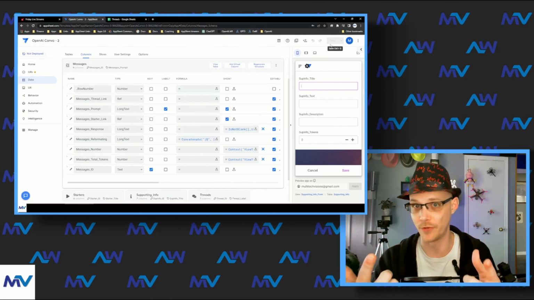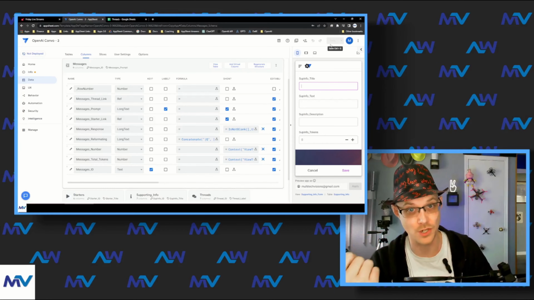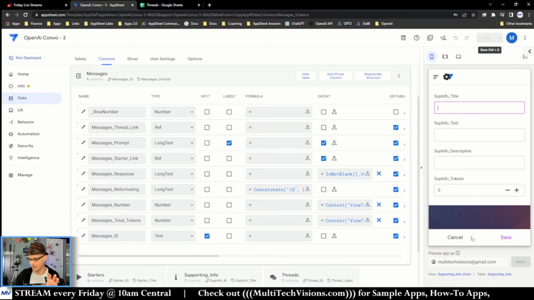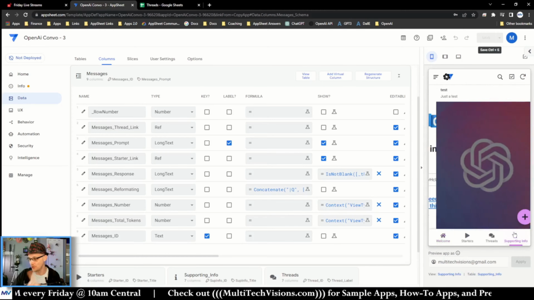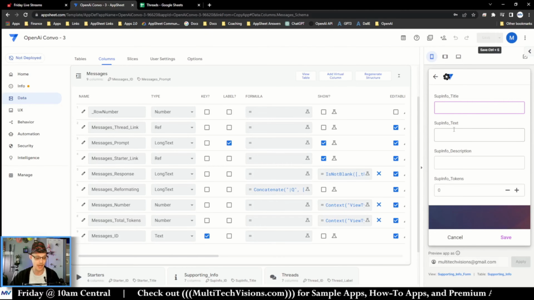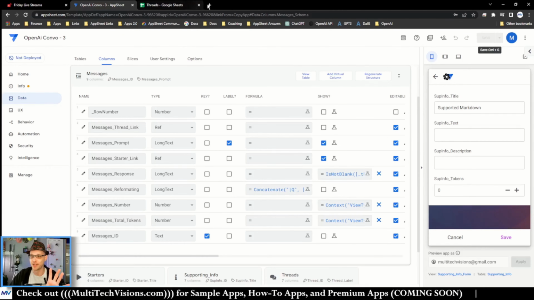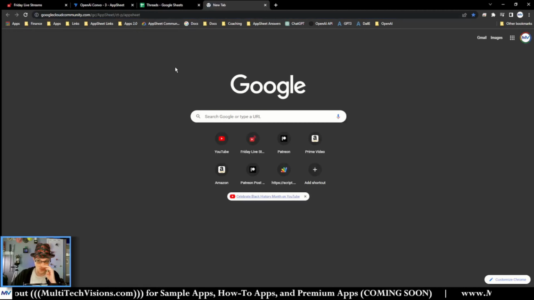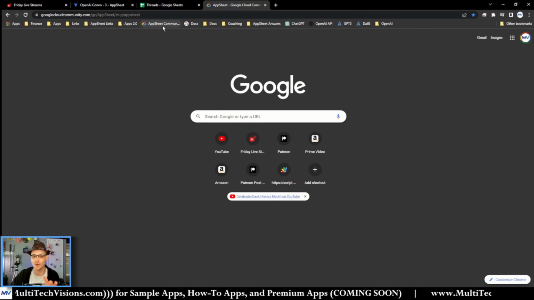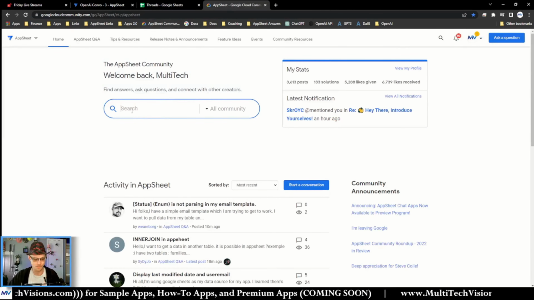So this is a perfect example of what the supporting information is good for. I can come in and create a new supporting information, and I can call this markdown. I'll call this supported markdown. Right? Now, I know that there's only certain things that are supported. So I'm going to go to the community and I'm going to look for rich